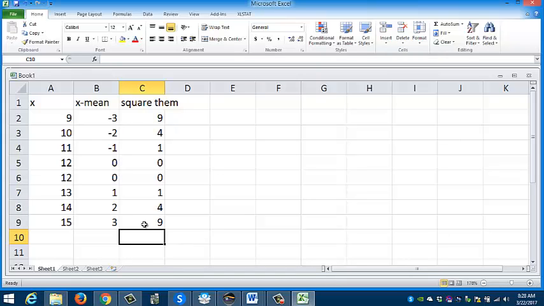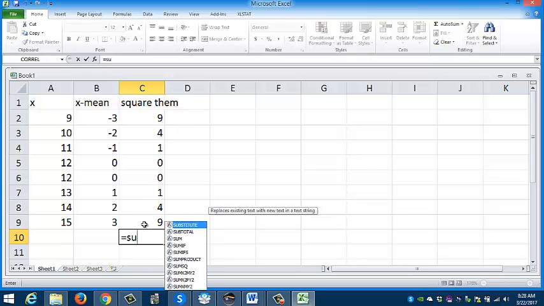All right, ready? So here's how I'm going to do it. Equals. When you add things up, you get what's called a sum, right? Remember that was a big sigma? If you start typing the word sum, look what Excel does. It starts guessing what it thinks you mean. And do you see how this says sum in blue? I'm going to click on it. If I click on that,